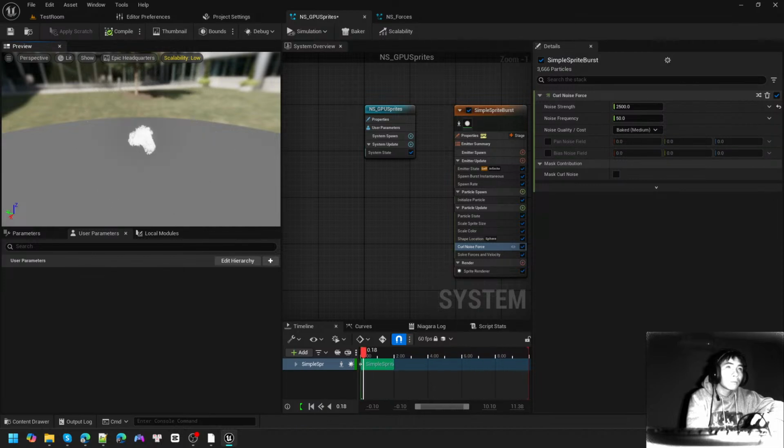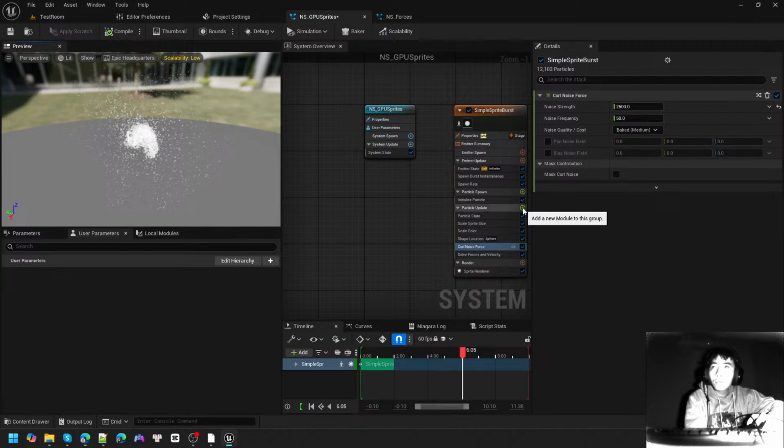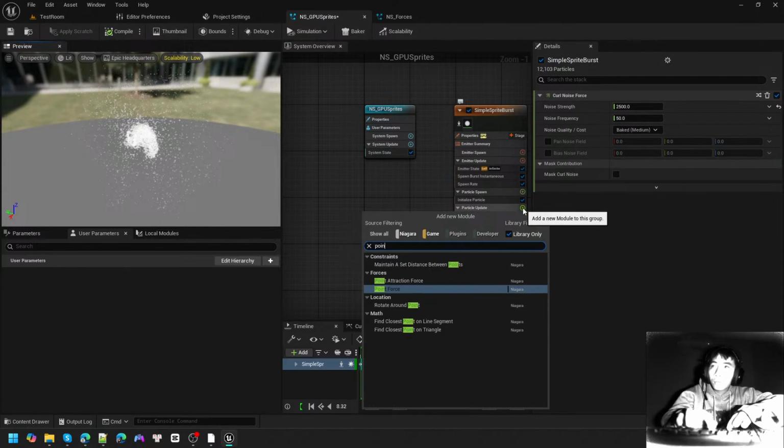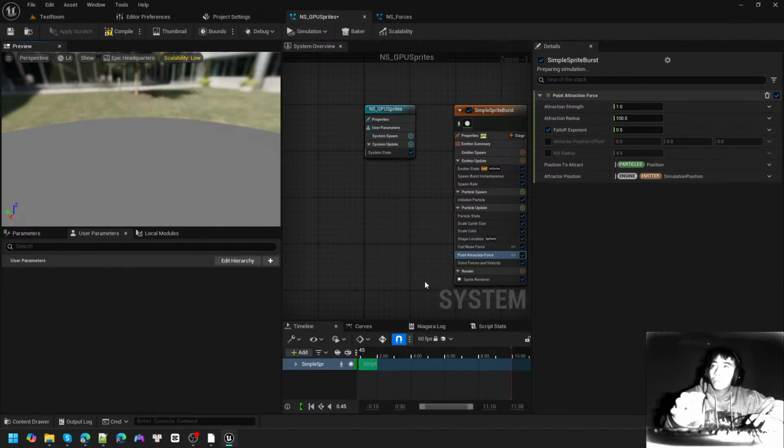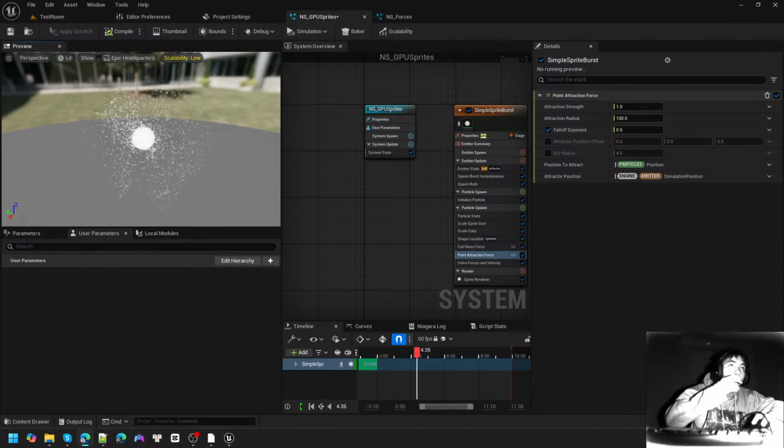And I like to add another force, another module. So that module is called point attraction force. And I'm going to change this attraction strength from 1 to maybe 4, just to provide it more variations. And what this module is doing is